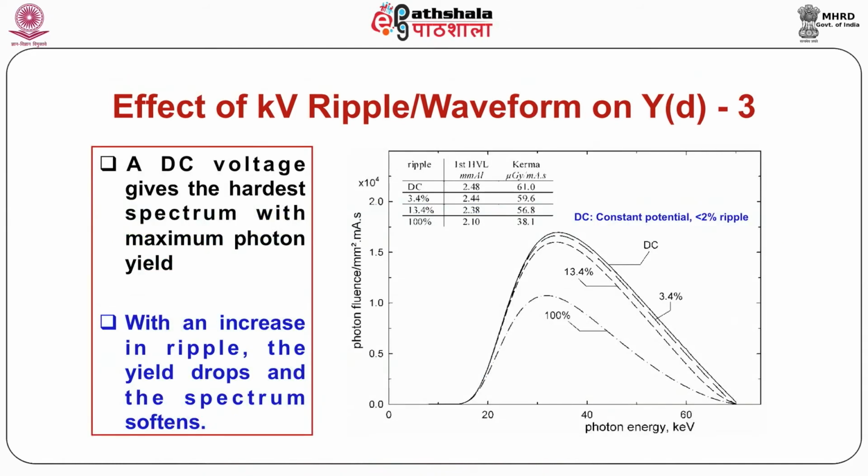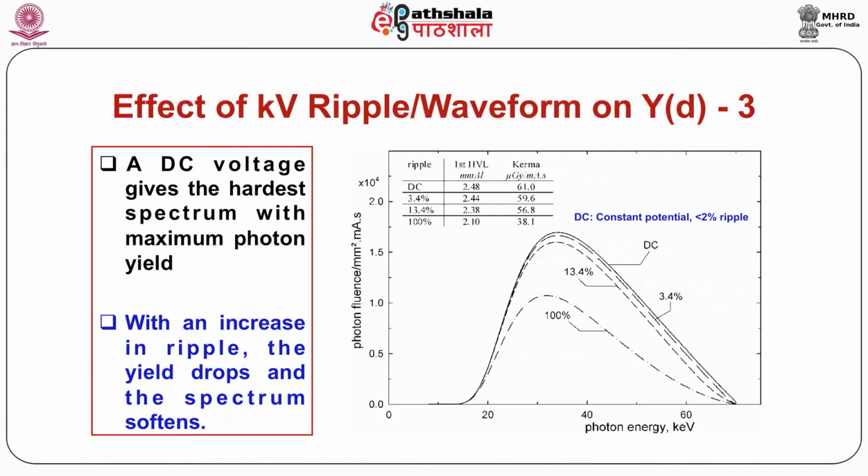So, a DC voltage gives the hardest spectrum with maximum photon yield. With an increase in ripple, the yield drops and the spectrum softens. For example, if we analyze this figure, we see that for a ripple of 3.4% and an HVL of 2.44, the kerma value is